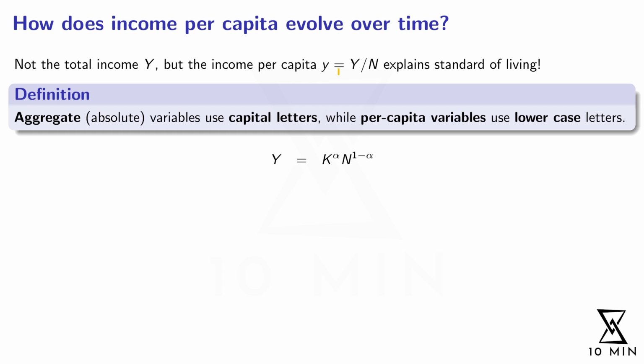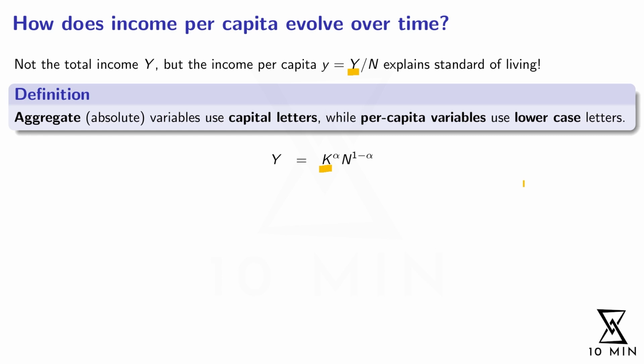You can already see here how I define the income per capita, namely the total income in the economy, our total GDP Y, divided by the number of people N. This obviously means we don't make a distinction between the labor input and the population itself here. Both are simply N. Furthermore, we also see a convention regarding the notation here, namely that we use lowercase letters for variables that describe per capita quantities. For example, here, right, our income per capita. In contrast, the absolute, meaning the aggregate quantities at the level of the entire economy, are given capital letters. Right, so capital Y is, for example, our entire income in the economy, our real GDP.